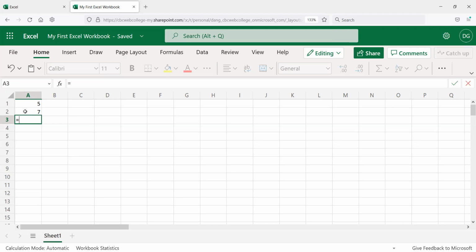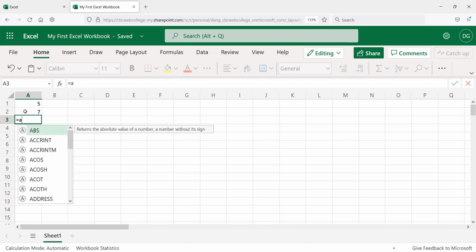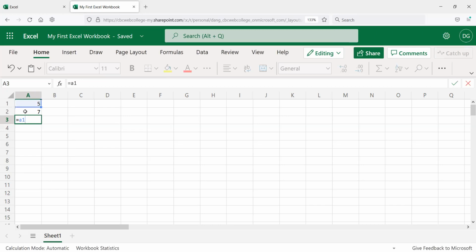All formulas start off with equal sign. That tells the computer, okay, pay attention. This is going to be a formula. I'm going to type in the first cell, A1, and I'm going to put in the plus A2. You'll see that as I type, let me zoom in a bit here so you can see it. As I am typing,